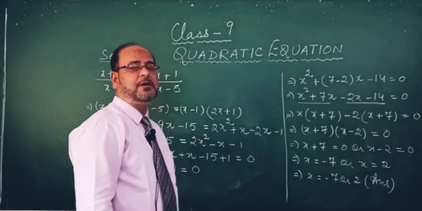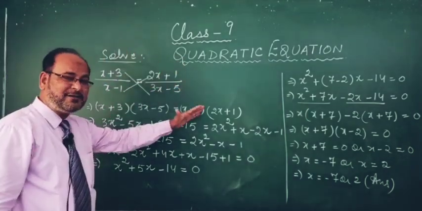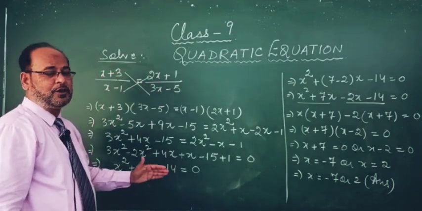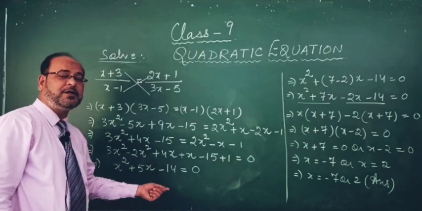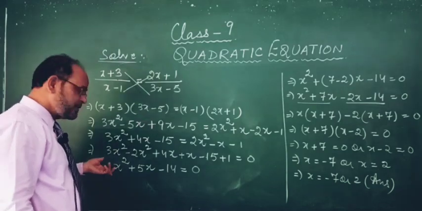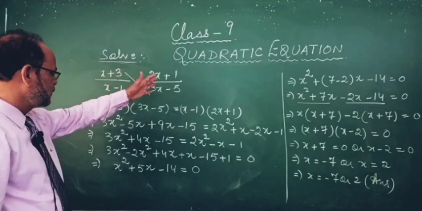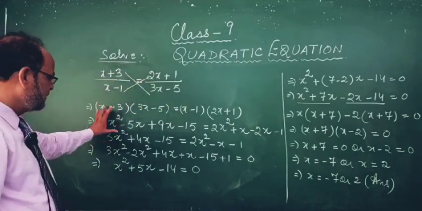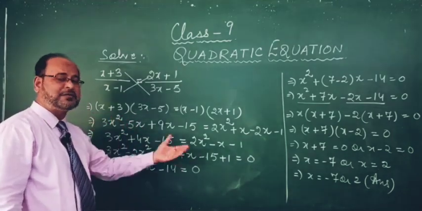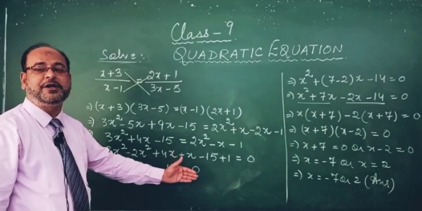So this is the way you will find the solution of this given question, which was not written in standard quadratic form. Your first and foremost job will be to convert that question into the quadratic form, which is ax square plus bx plus c equals to 0 form. So what we will do, we will do cross multiplication. After doing cross multiplication and solving, collecting all x square, x and constant term to the left of the equal sign, we will get the standard form, which is x square plus 5x minus 14 equals to 0.